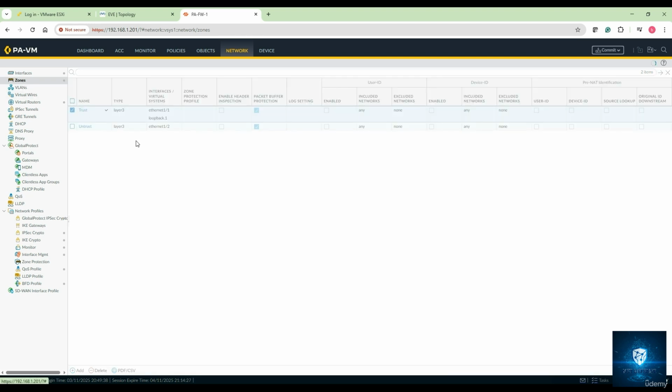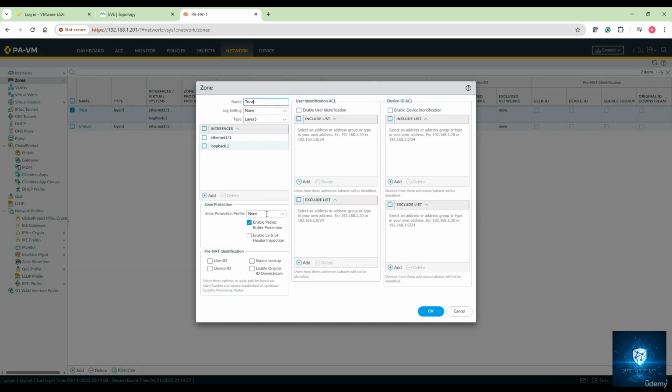So if you click on any of the zones over here, you can see the zone protection profile is set to none for the respective zones that you configure by default. So it is not activated by default. So you can click on this new button to configure a new zone protection profile from here, or what you